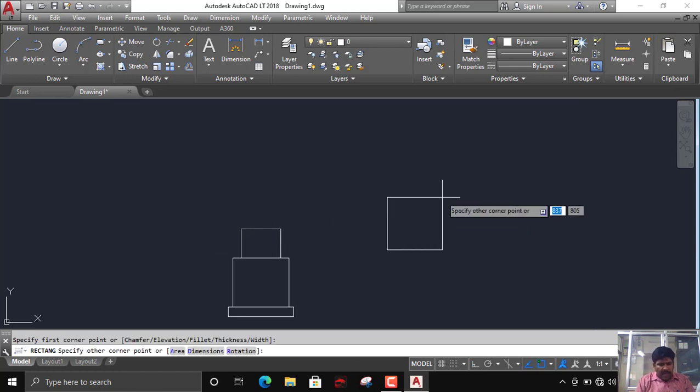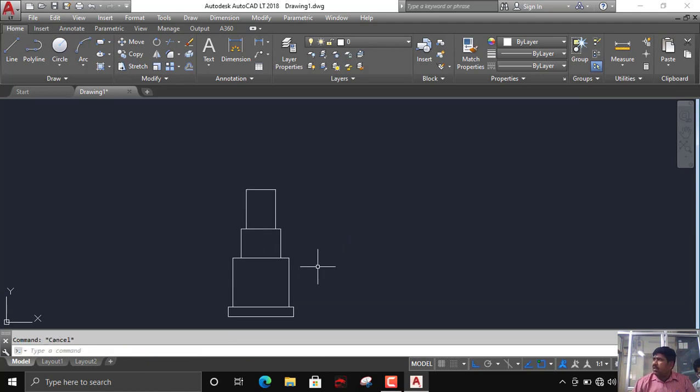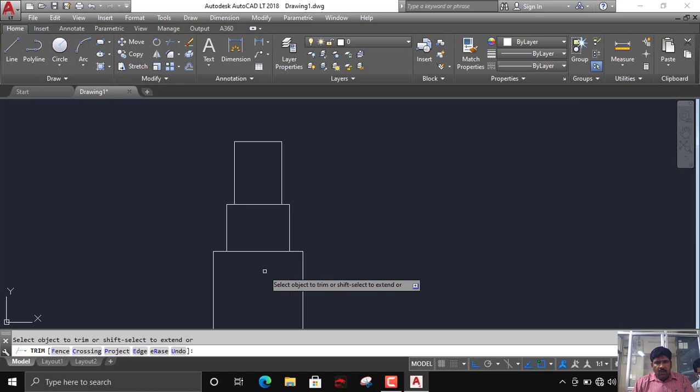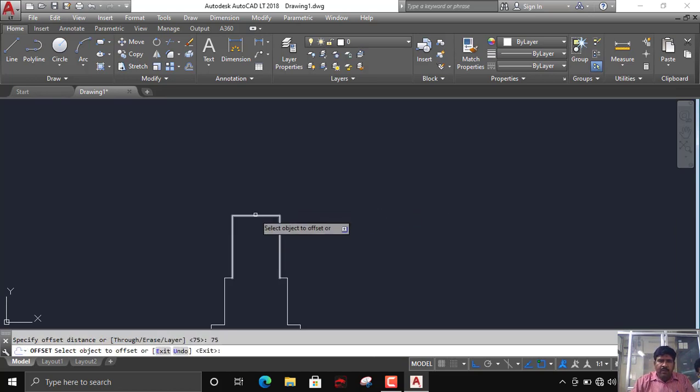Then I will add another, say, 450 comma 600 mm. This is a wall, right? So I will trim everything. This is the foundation, the general foundation. Then we have DPC of 75 mm.